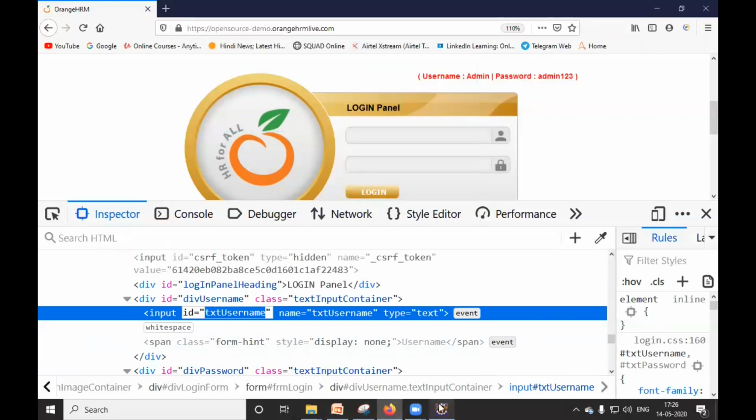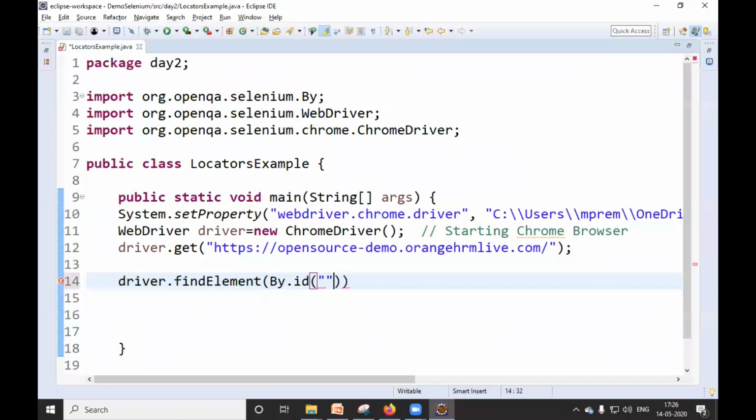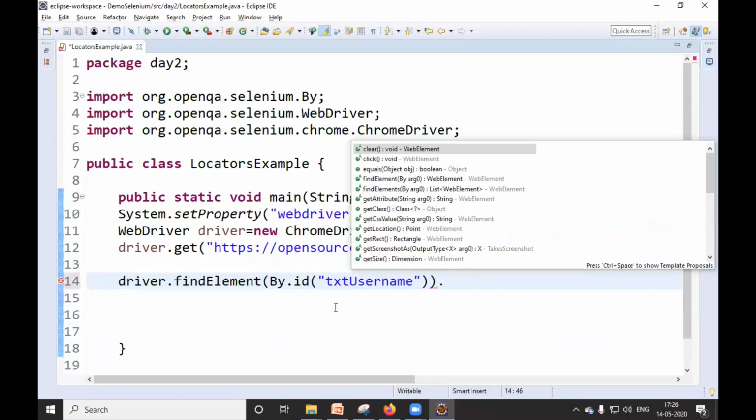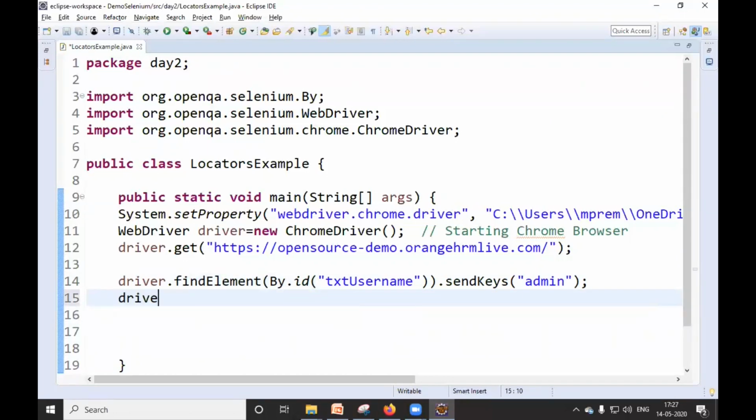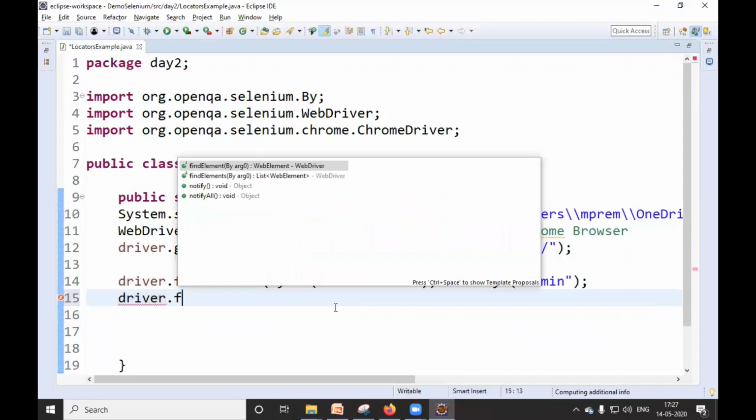I will pass the same ID into this in double quotes, followed by the operation that you are interested in doing. I'm interested in sending keys. I will do sendKeys admin. Now we'll do the same thing for the password field as well. So driver dot first find the object